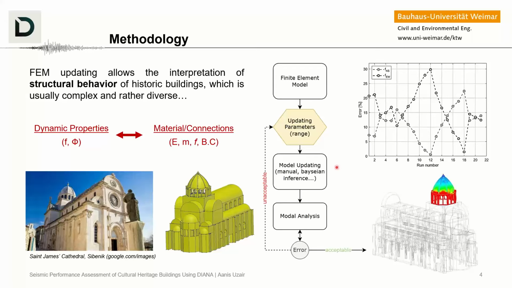Now, when we have a geometrical model and we do not know the material properties, then to ensure that the structural model represents the response of the actual structural system, the methodology that we adopt is called finite element model updating. So we create an initial geometrical model, and we assume the material properties according to what we visually see from the pictures or from the archive or drawings. So visually, if the material looks like it is stone, then from books and different references which correspond to the particular area of interest,